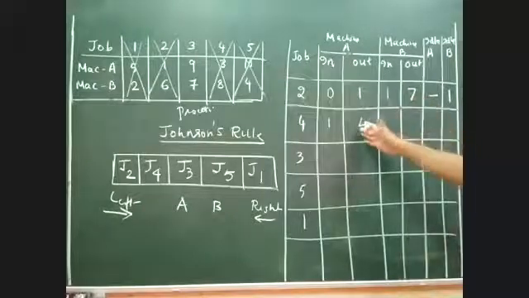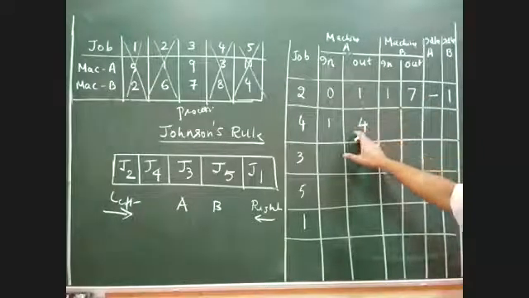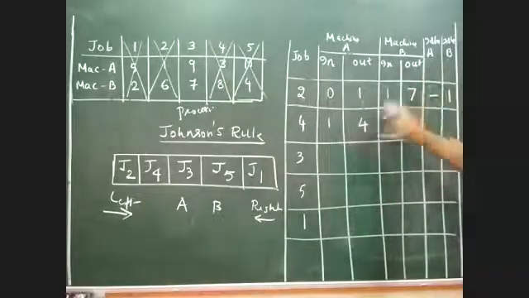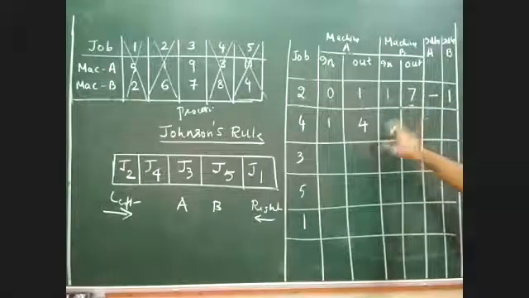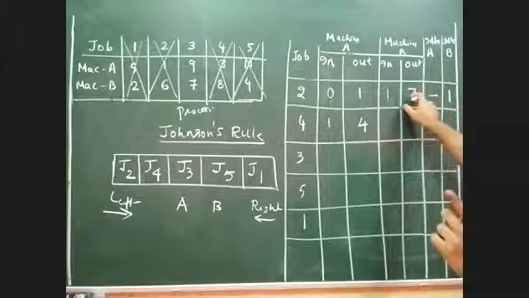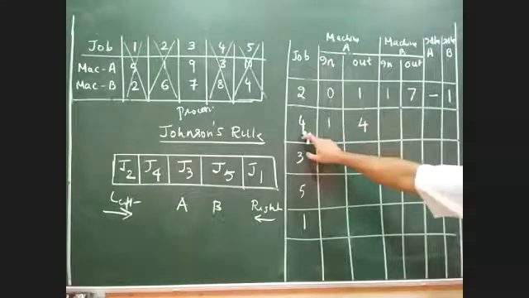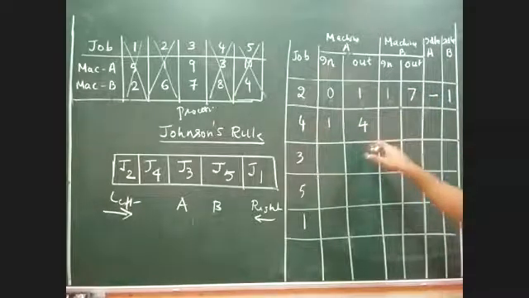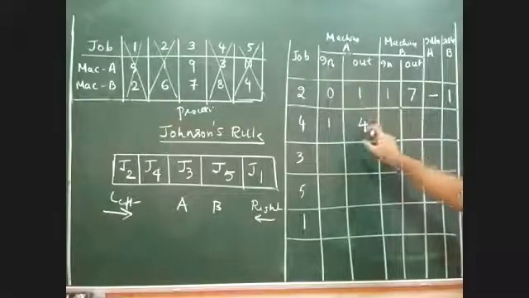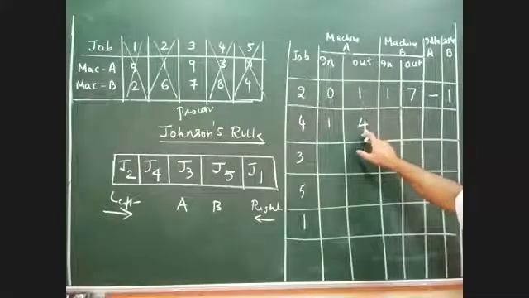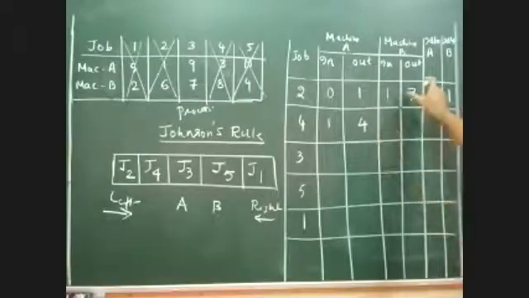Just because the machine has completed the job early, you cannot simply load it. You cannot load it. Why? Because the previous job is still going on. So what does this job have to do here? It has to wait. Even though the machine has completed the job at the 4th hour, I cannot start at the 4th hour because machine B is not free.